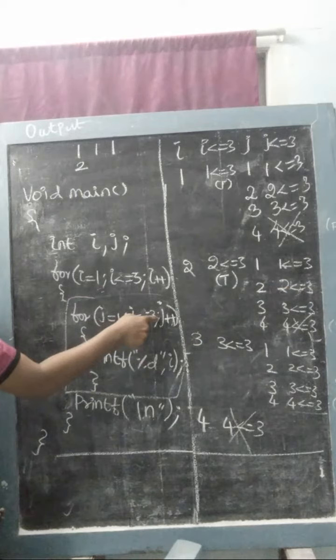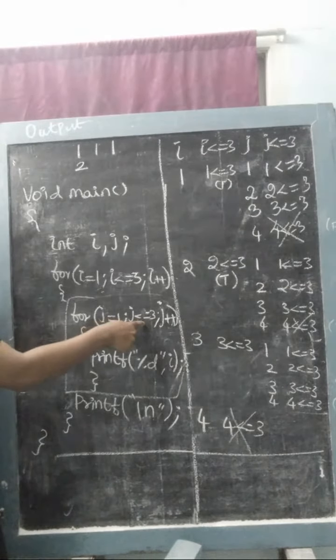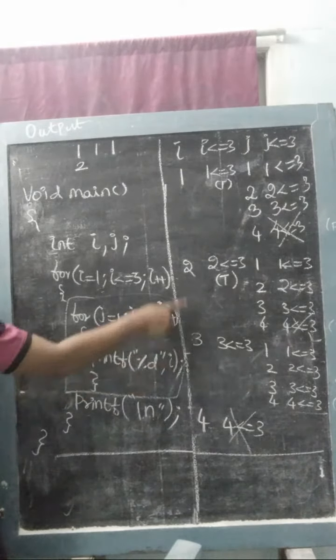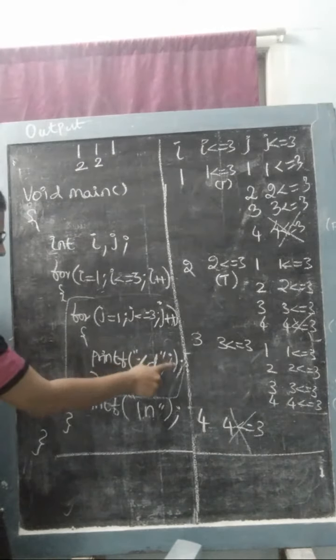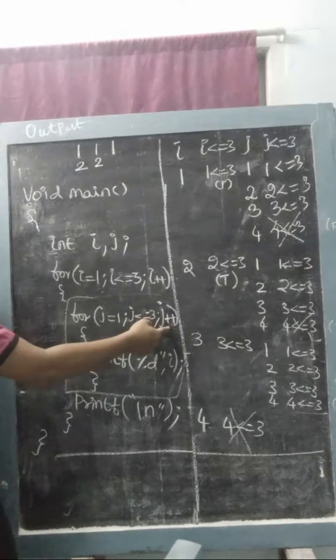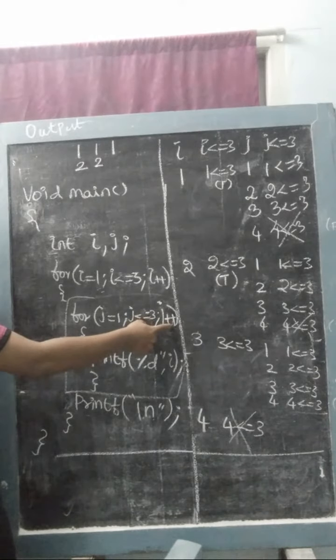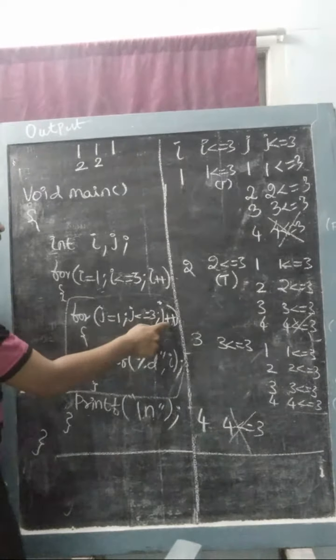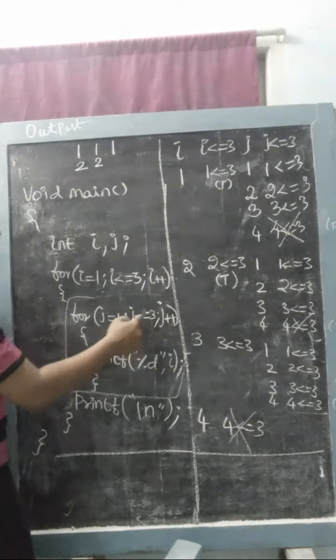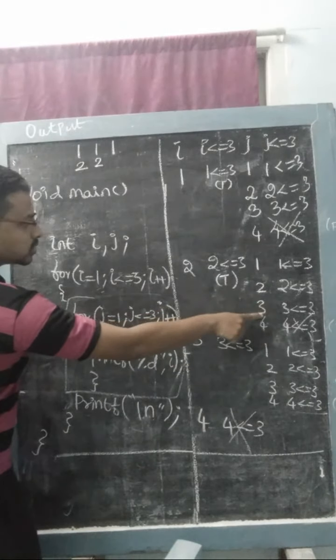2 less than or equal to 3. The condition is true. True means we need to print the I value. The I value is the same, that is 2. Once again, the J value will be incremented. Listen carefully, J value is 2 and is incrementing by 1,